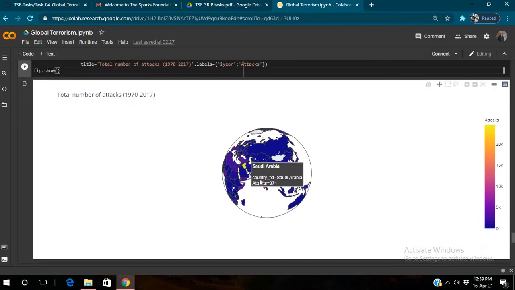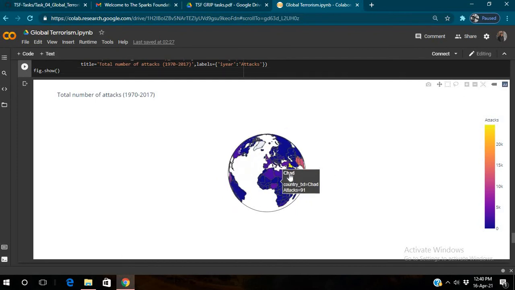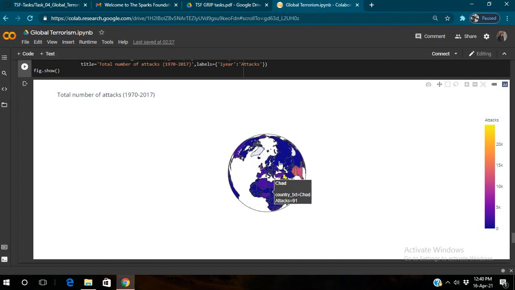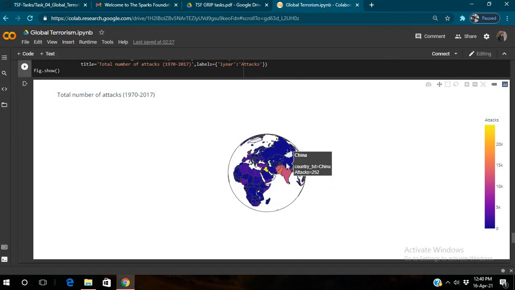If you click on any country, for example India, it shows the number of attacks that have happened in India is 11,960. Same way we can find for China, Russia, Egypt, Nigeria. You can simply move across all these values.